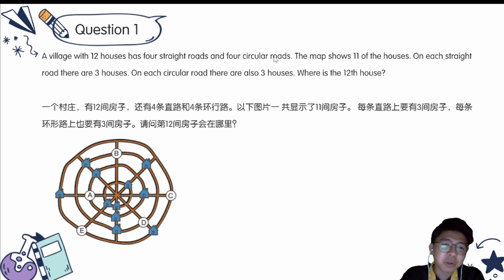Have you guys been to a village before? Because I myself, my hometown is at Alor Setar, so there are a lot of villages. And in the villages there, the houses around the area are quite separate, which is quite similar to this